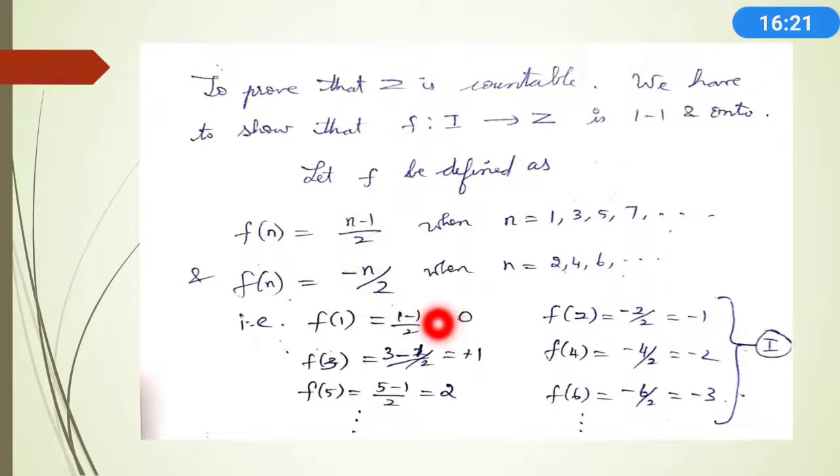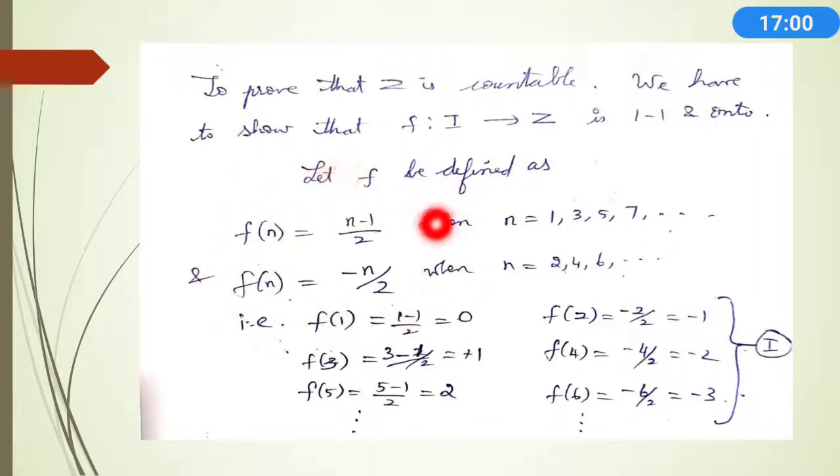And if you arrange these function values, you will get the set of all what? Integers. I will have all the negative values, 0, and also the positive integers. Therefore, this function will form the elements of the positive integers. Okay. So we can see from this example, from the very definition itself, that it is 1 to 1 as well as onto, but we have to prove this theoretically.